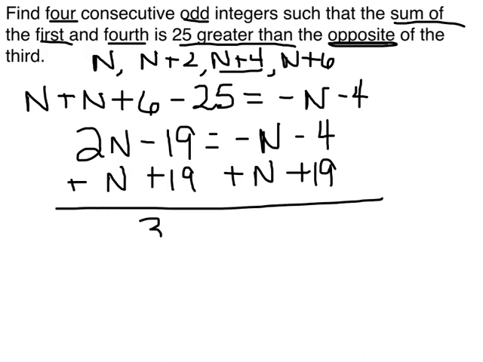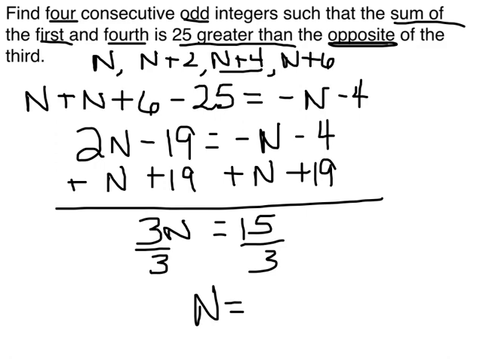And then I get 3n equals 15. Divide by 3. n is equal to 5. And if I'm wanting in succession or consecutively the first 4 odd, I would say 5, 7, 9, and 11